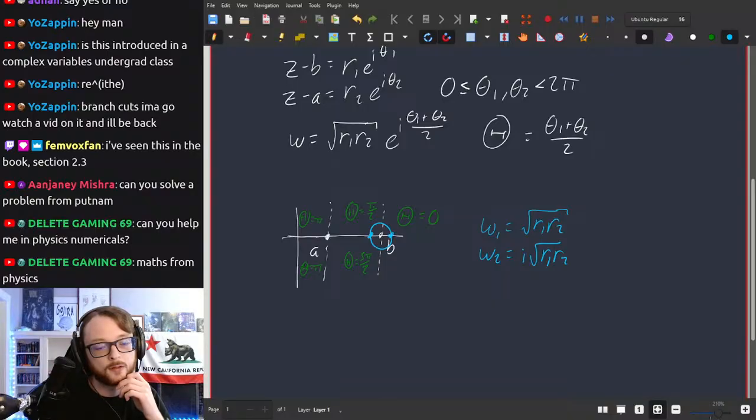But now what? I guess, should I plug in? Well, I don't know what the angle at that point there makes easily. But I guess, okay, no, the important thing is as we come back around,